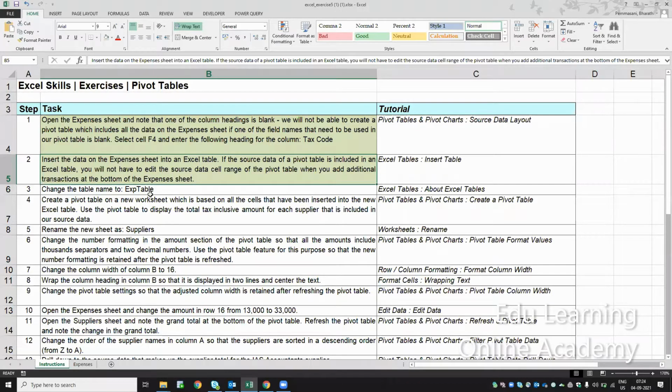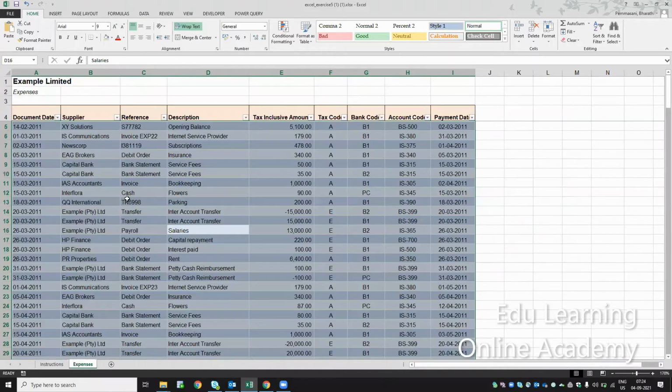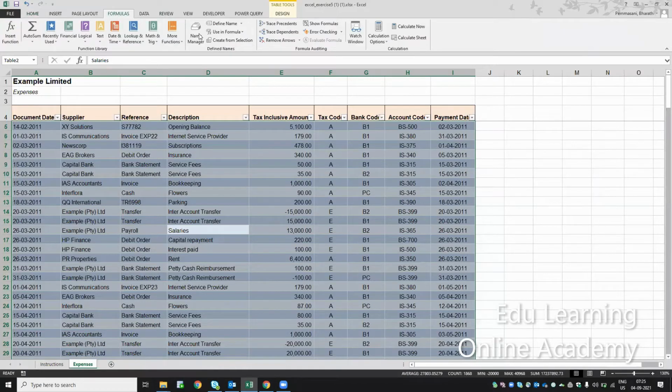Yes, sir. So the third one is change the table name to exp table. They're asking to change the name of the table to exp table. Now it is table 2, right? Now I'm converting this to exp table. We can do it here also, under Formulas, go to Name Manager.